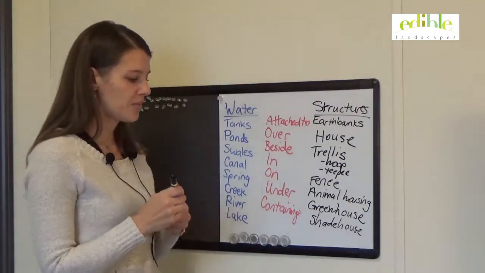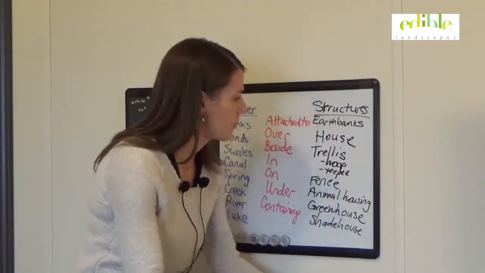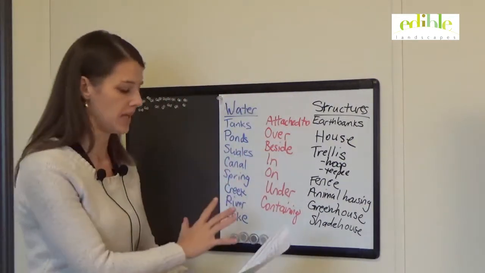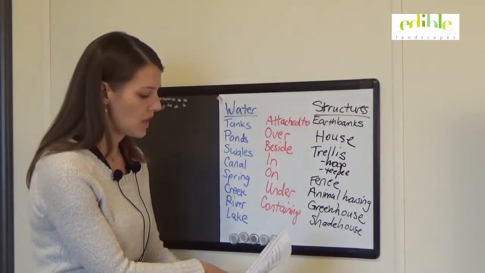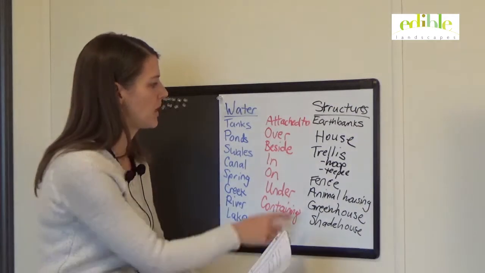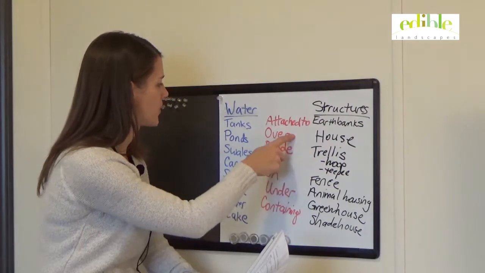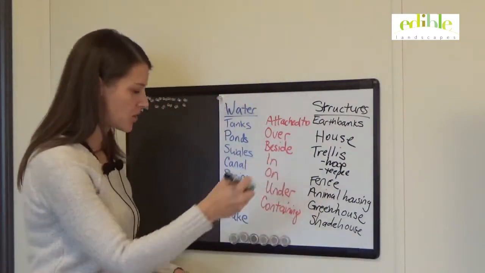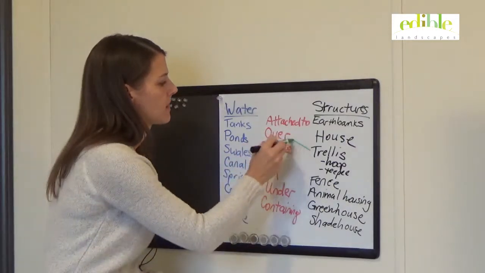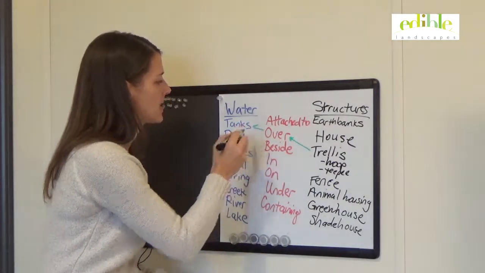And then what we simply do is we look at some of the possibilities. So we could look at what happens if you put a trellis over a tank. If we put a trellis over a tank,